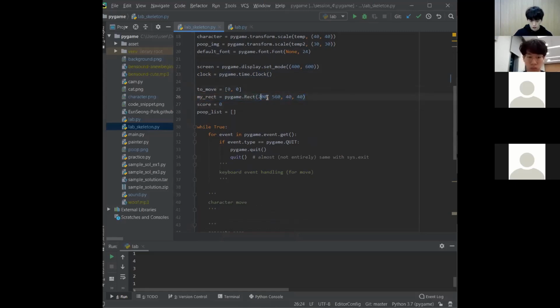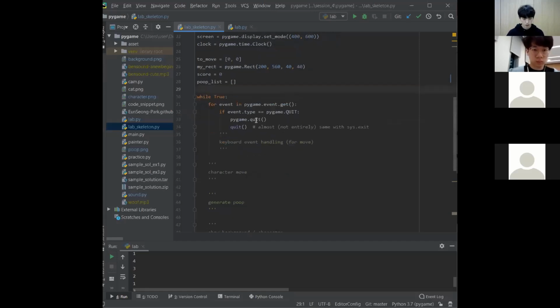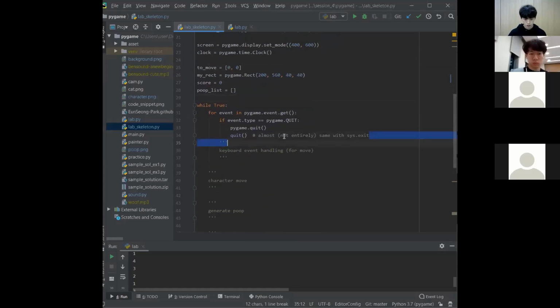It is the bottom side of the display because the display is like this. Okay, and the proof list is the list of proofs currently resides,